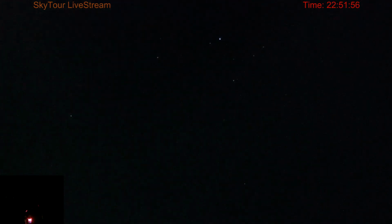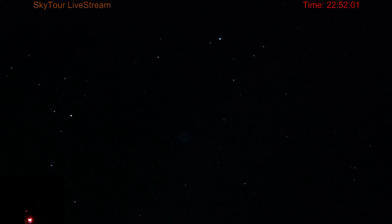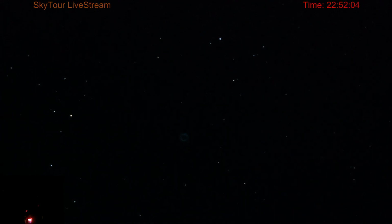cloud that is just being a real stickler. It's looking down at me going, ha ha ha, you want to see this? Well, no way, pal. But not to worry, because clouds all pass, and this will go away too. And what I want to show you is the little thing that you might have seen briefly for a split second, and it's going to come back in just a moment. Okay, so you can actually see the clouds passing, the stars are staying still, and now you can see that little tiny donut looking thing in there, and that is